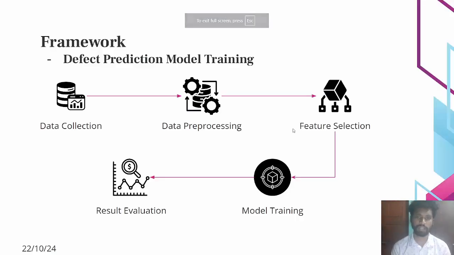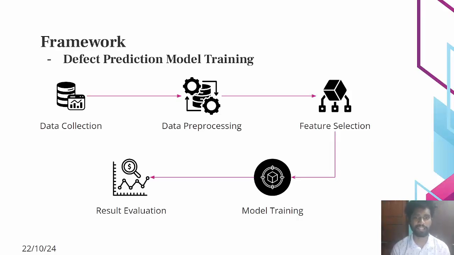Assalamu Alaikum, I am Mohammad Alamin. As discussed by Saurabh Devnath previously, we have built a tool that is used for mining software repositories. It extracts quality metrics from a software repository. Then we are using those extracted metrics to predict if the software has any defect or not. To make this prediction model, we applied this framework where we collected the dataset